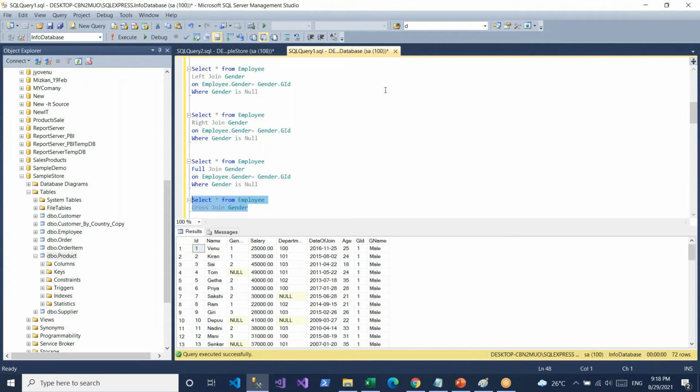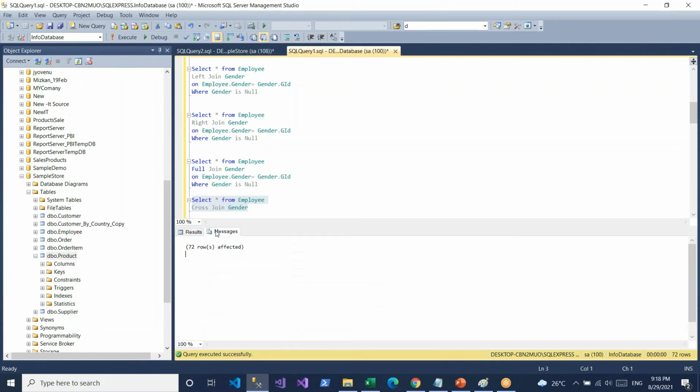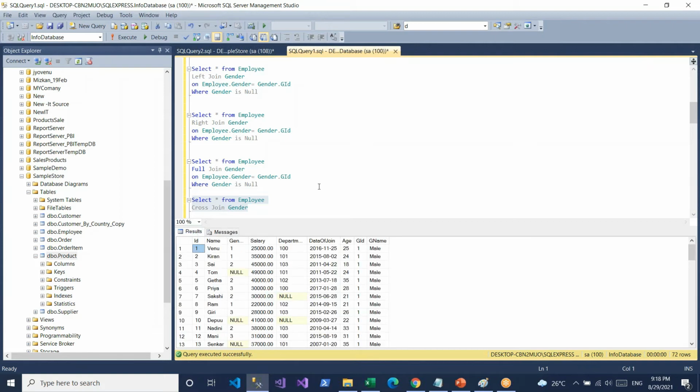Cross join means, if I have 5 records in the employee table and 10 records in the gender table, it's 5 into 10, so nearly 50 records will be produced. I have 18 employees and 4 genders, so 18 into 4, 72 records will come. But this is not valid data; it is used for assumption values. In assumption scenarios, we use cross join.